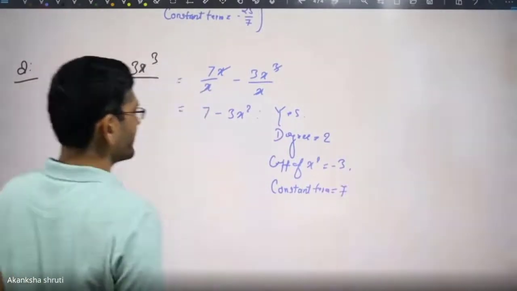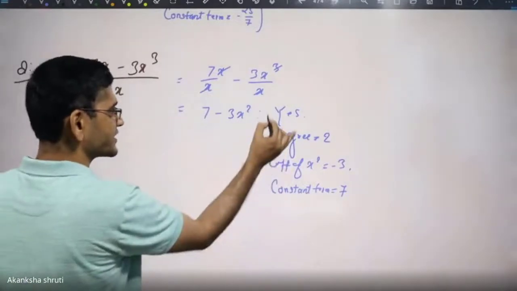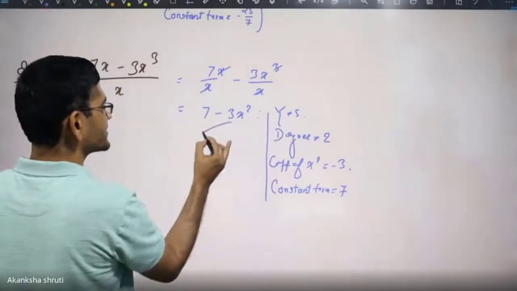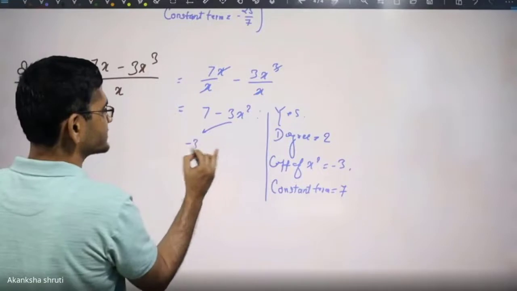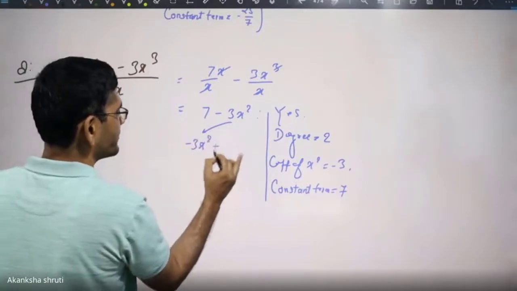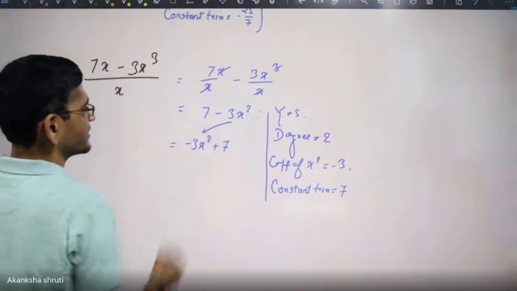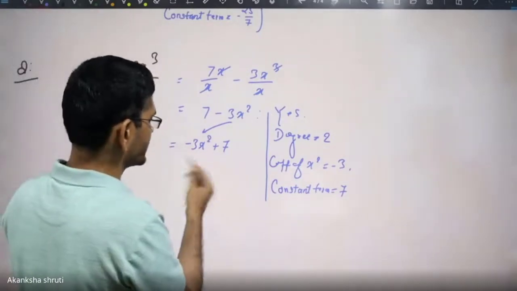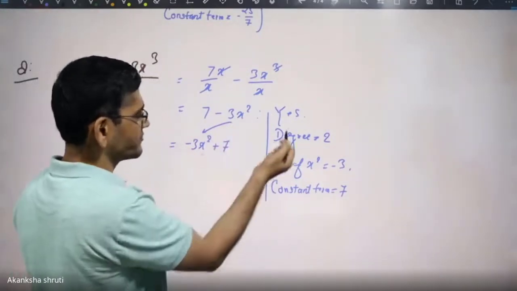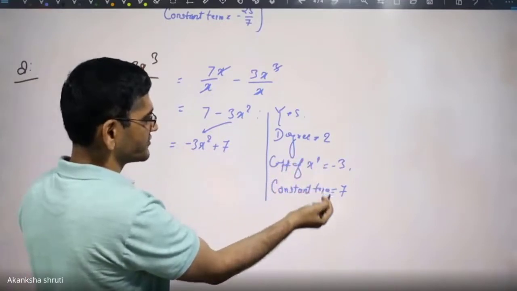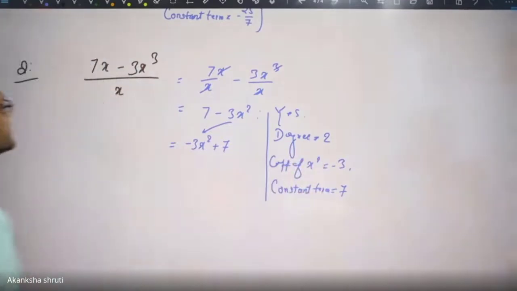आपने स्टूडेंट समझा ना हमने कैसे लिखे ये सारी की सारी चीजें? पहले इसे हमने स्टैंडर्ड फॉर्म में लिखा. सो माइनस 3x स्क्वायर प्लस 7 लिखा. हाँ स्टूडेंट, यही मीनिंग है. इसीलिए I had advised in an earlier question, first write in standard form to get the degree and coefficient of this term. Okay student, it's that much easy.